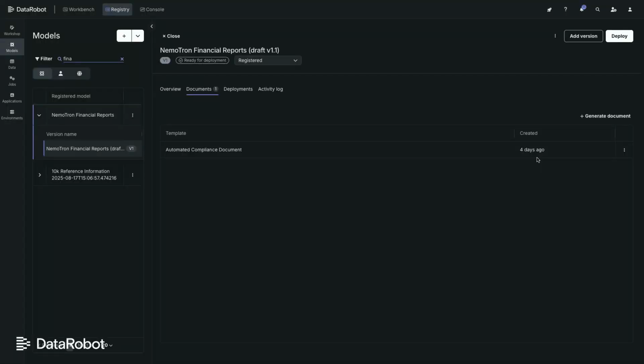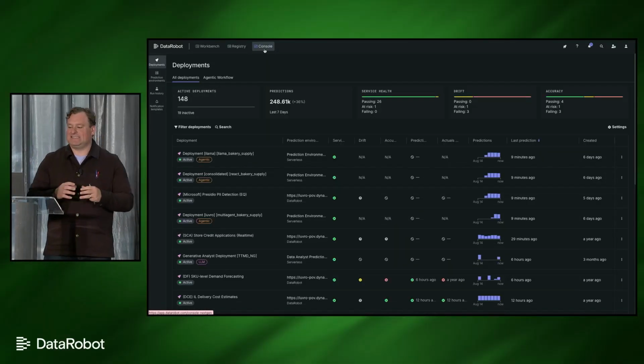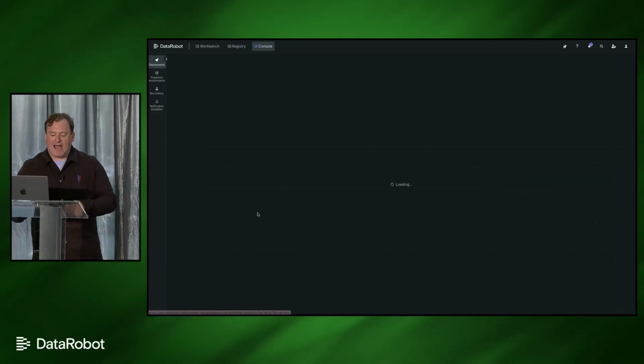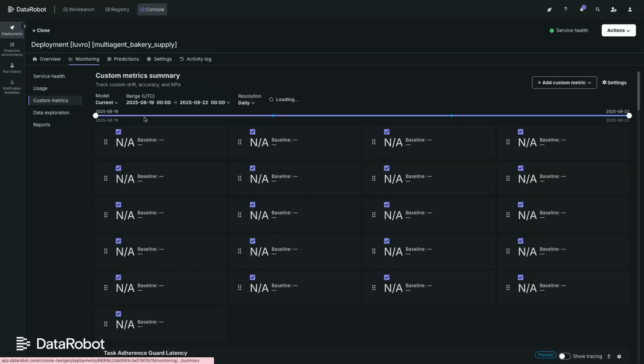I left something out. What about my cost? Yeah, all right. So, right, exactly. Every CIO's question is, what about costs? So let me go back to the DataRobot console. And really, this is the single pane of glass. I have 148 workflows that I'm tracking here. And again, I showed a glimpse of this before, but let's talk about it in more detail.